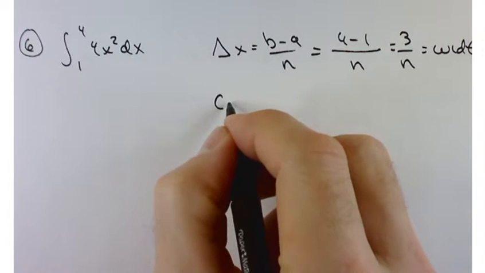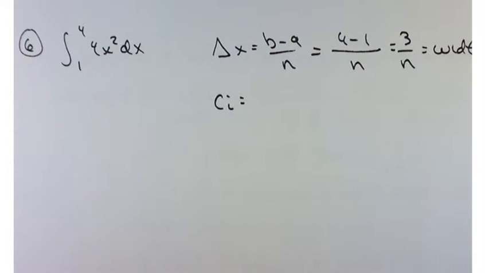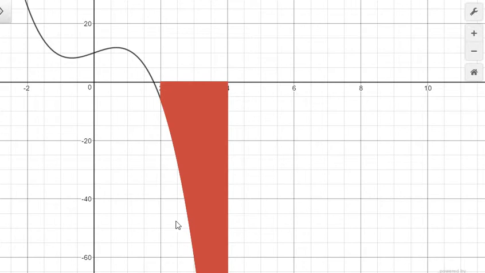I'm going to need to find the height. Before I find the height, I need to figure out where I'm going to find the height. The height comes from the function, but I need to figure out where I'm going to evaluate the function in each of my subintervals. So just as kind of a reminder here of what this all looks like,